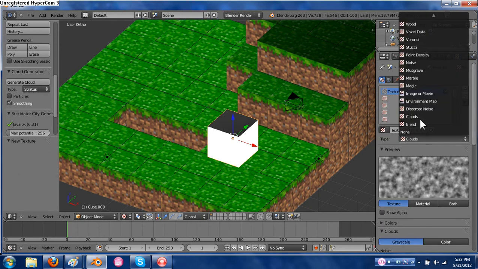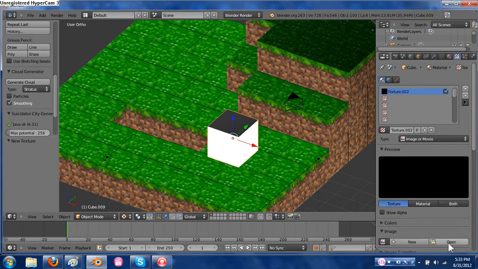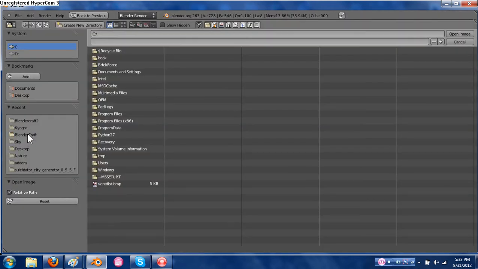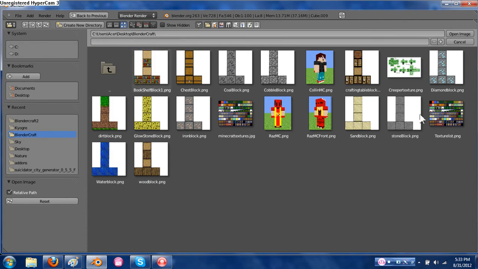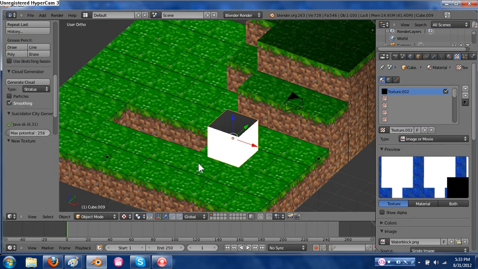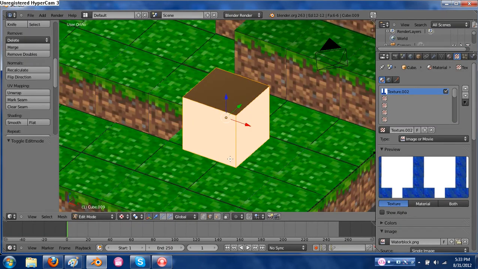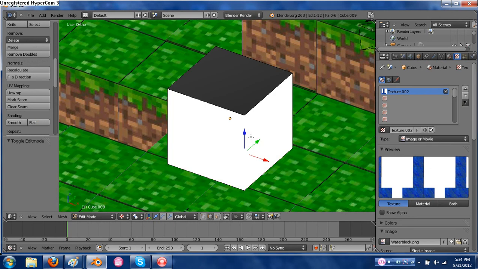Add a texture, image or movie, open, Blendercraft, thumbnails, water. I'm going to go into edit mode, do my edge selector, that one, that one, that one, that one, that one,